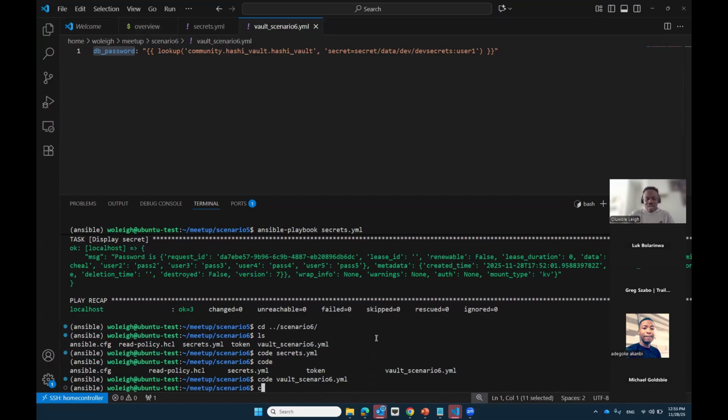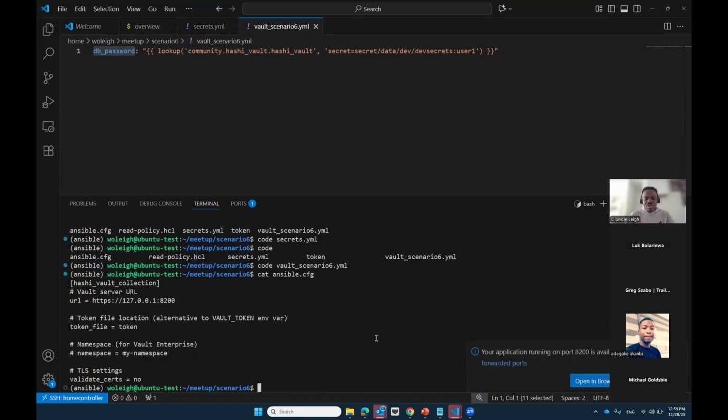That wasn't the only thing I did. Here we also have the Ansible config file. Ansible is flexible in the config file, you can declare the URL for the HashiCorp Vault instance. In this case, I used what we call the token file. And similar to the question that Michael asked earlier, I could also decide to use, instead of the token file, because what I did was I stored the token